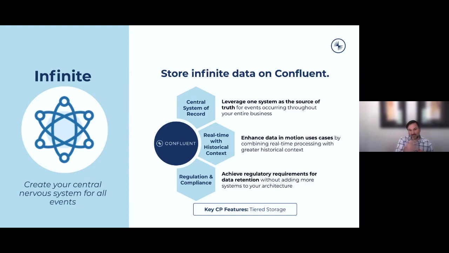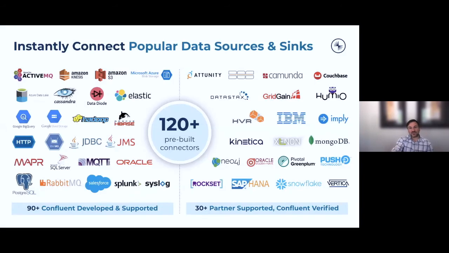So going back to that use case that I mentioned of, hey, we need to stand up a new machine learning capability. If all of that information is already stored in Confluent, it's very easy to simply stand up that service, point it to Confluent and say, hey, I am allowed to grab this topic. So it'll start reading from the very beginning of that log, grab all of that data and put it into whatever solution that you want. So that's one of those key features that really just makes life easier, as well as these connectors.